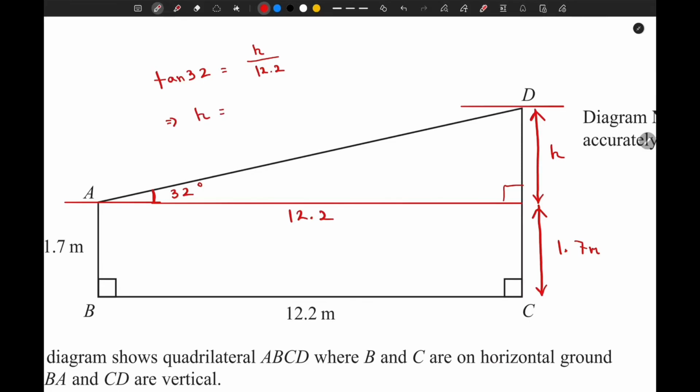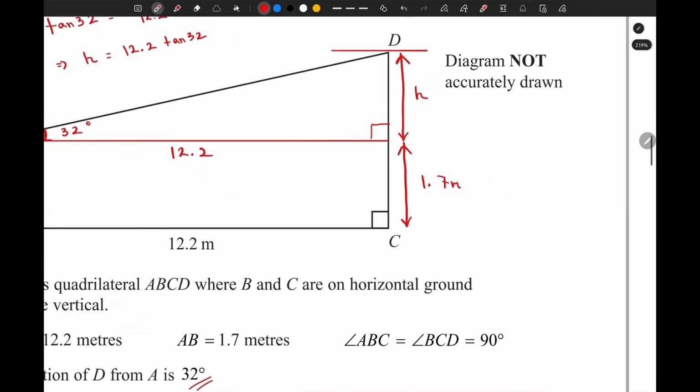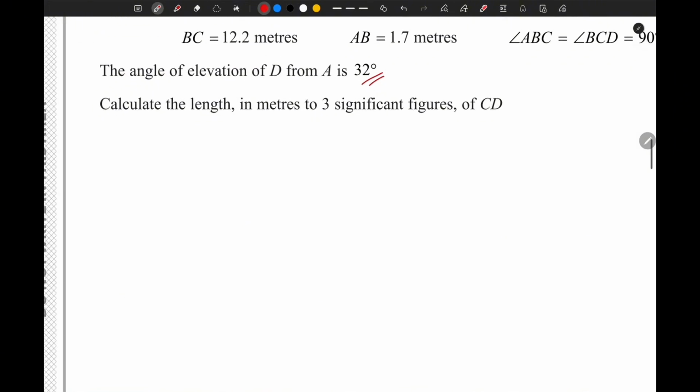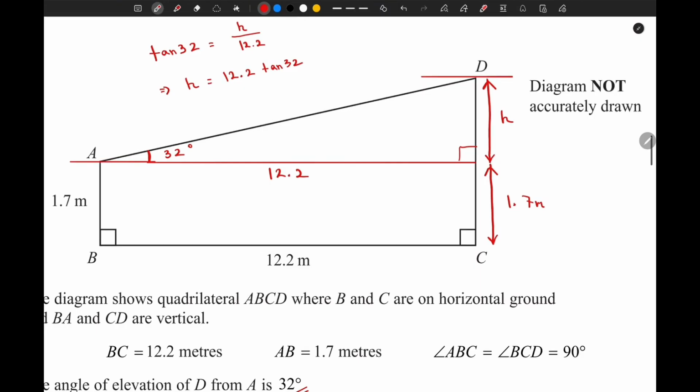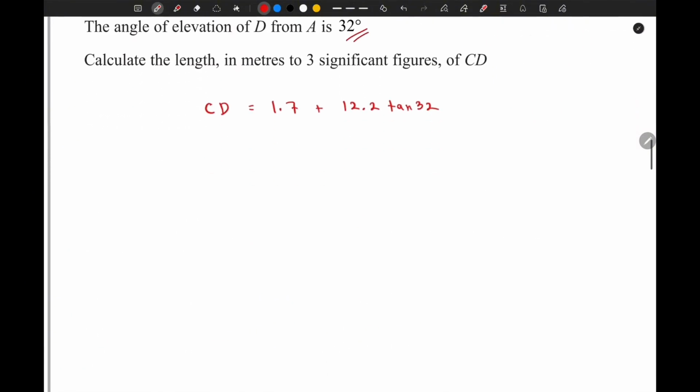So the value of H is 12.2 times tan 32. Now we can easily calculate the length CD. We can say that CD is equal to 1.7 plus H. So it's 1.7 plus 12.2 times tan 32. So this is equal to about 9.32 meters. So that is the